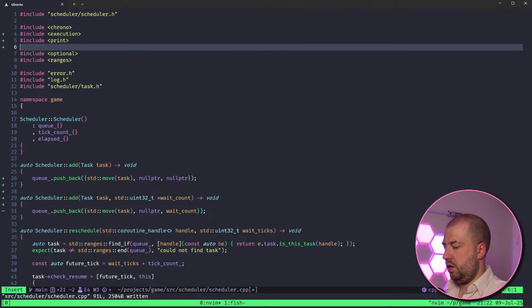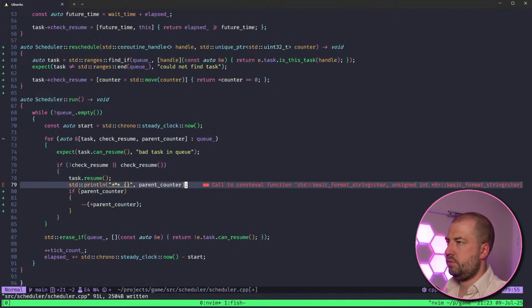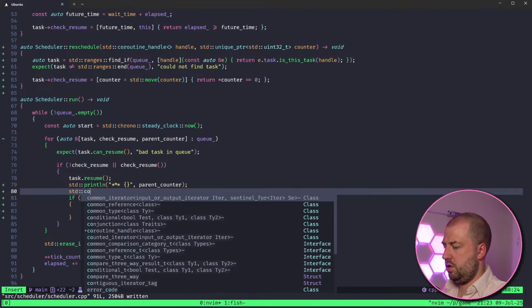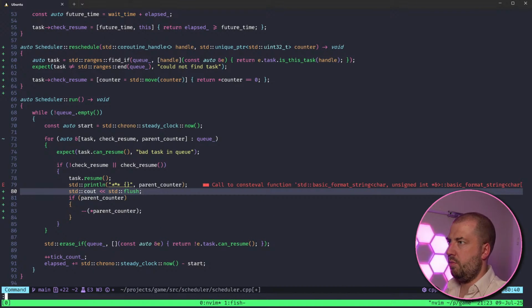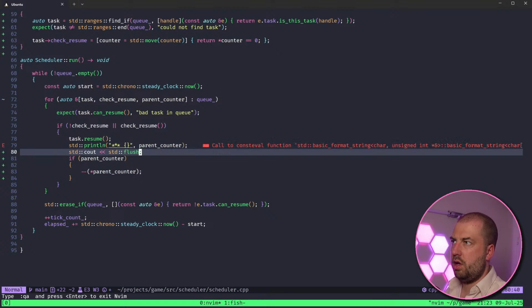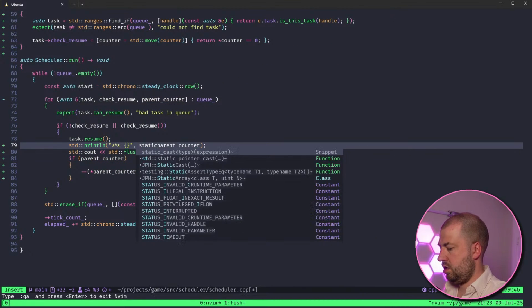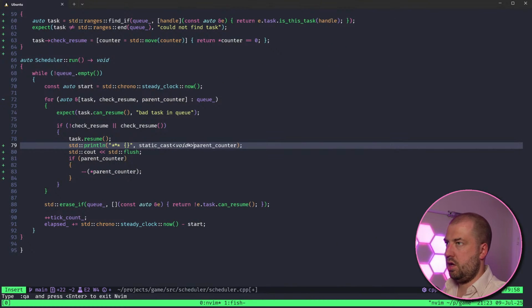I'm also going to need #include iostream, just because if it's crashing, it might not print that out. Can it be printing void pointers?